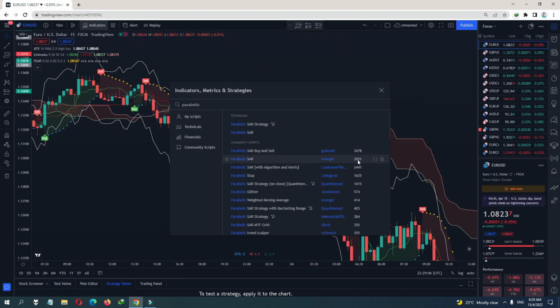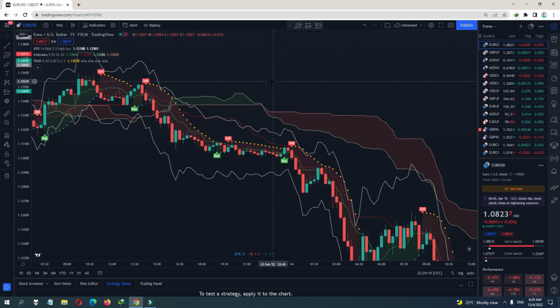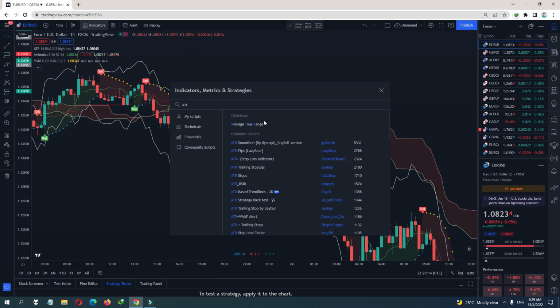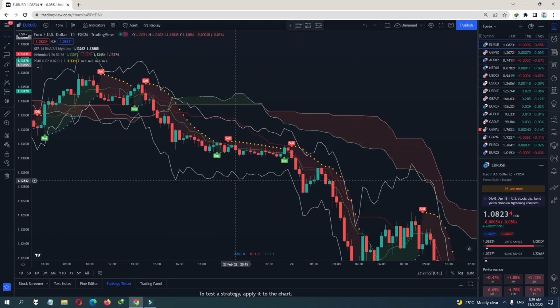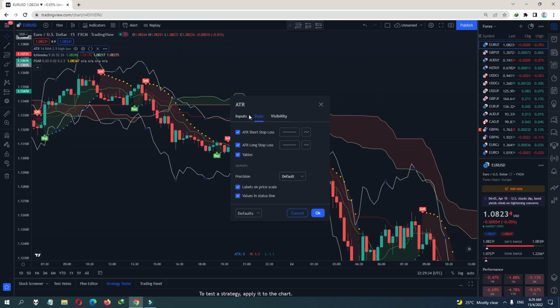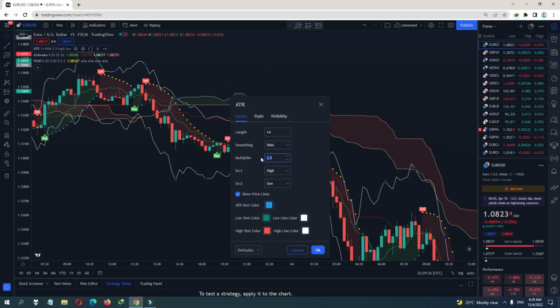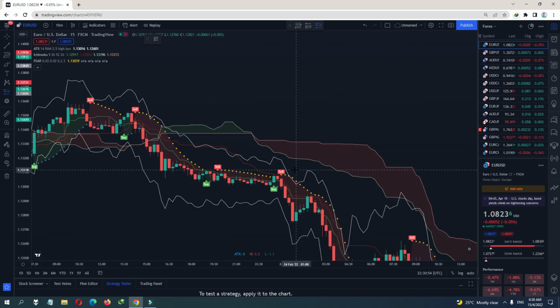by Everget here. I use the default setting. And then you need the ATR indicator, ATR Stop Loss Finder by VeryFit. The setting is you put 2.5 here. All right. So for sell, you want the price to be below the cloud, and you want the Tenkan-sen,